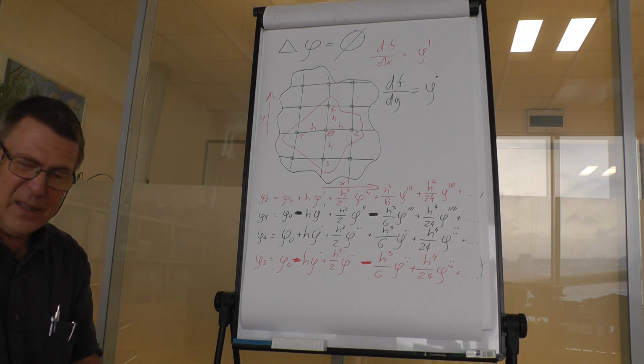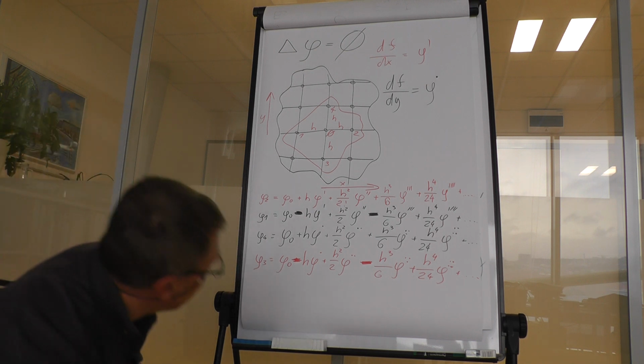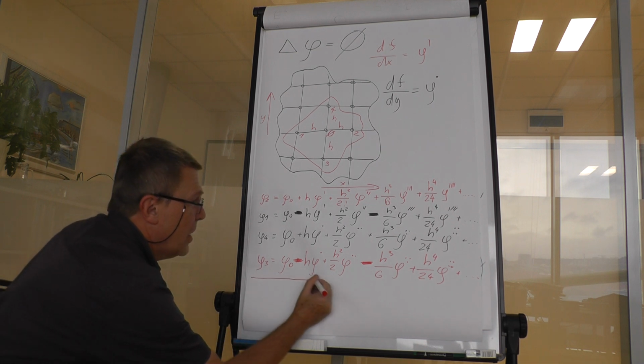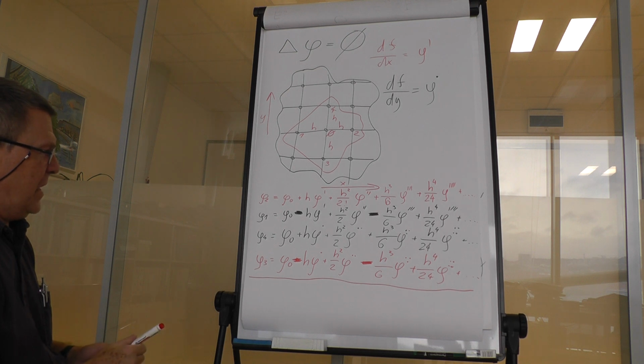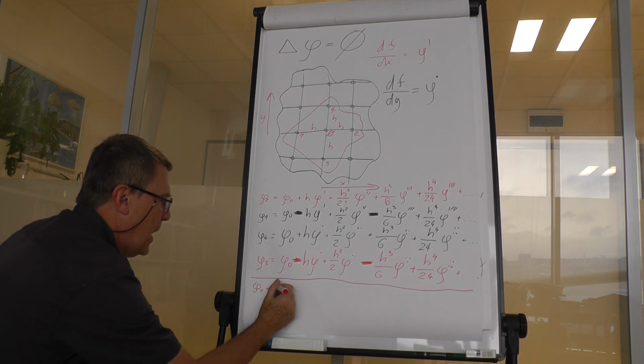So let's do it. So the left side now becomes phi 1 plus phi 2